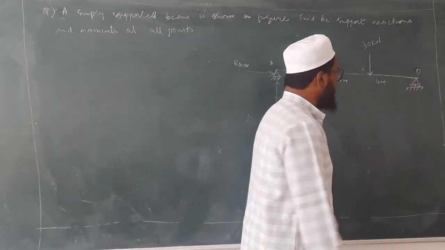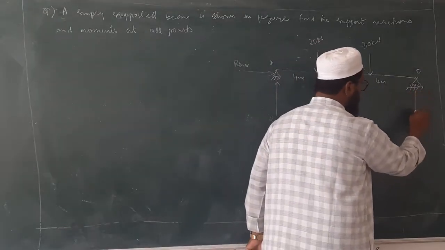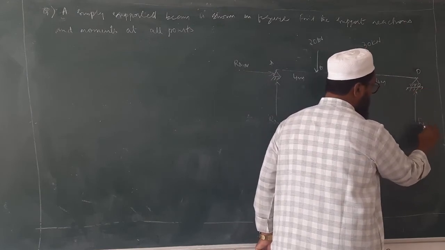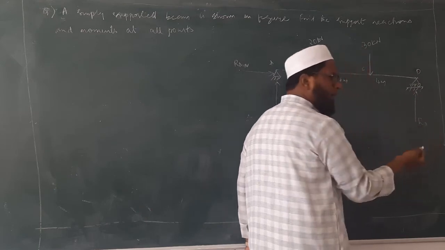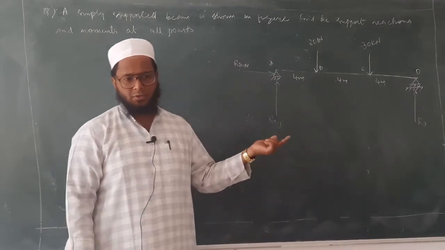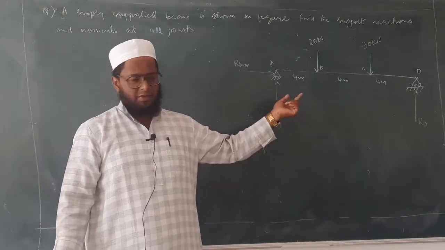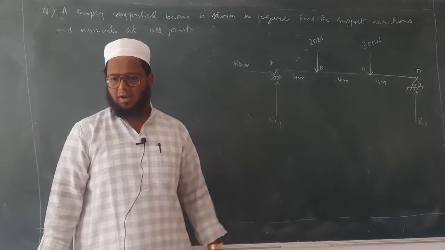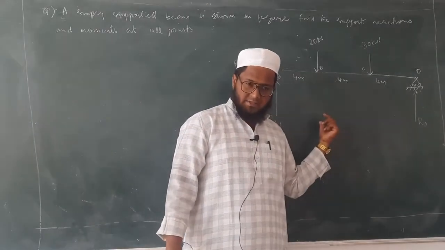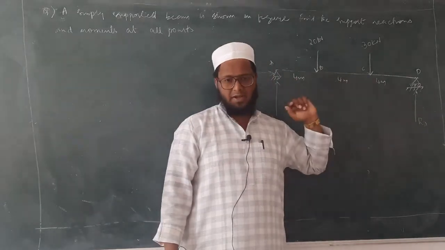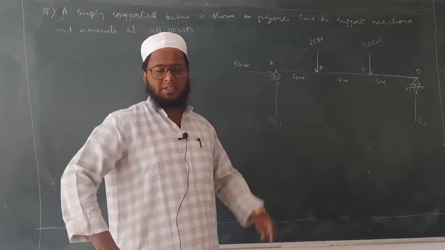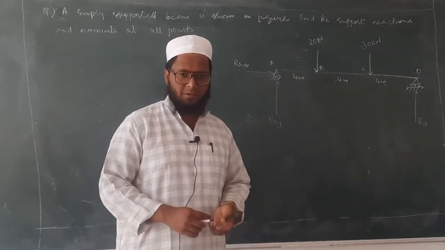Next we have D. How will the reaction be? One reaction, perpendicular to the surface, that is RDY or RD. It depends, because when you have two components, two forces, you take them as Y or X. When you have only one reaction, you can place it directly as RD. Now how many unknown reactions do we have? RAX, RAY and RD. Okay. So now we'll solve these types of problems by using our equilibrium equations.